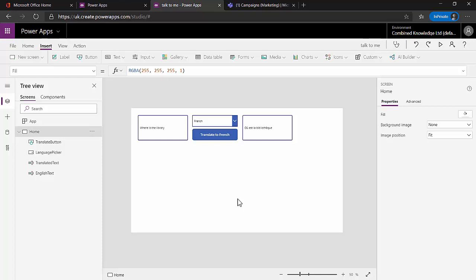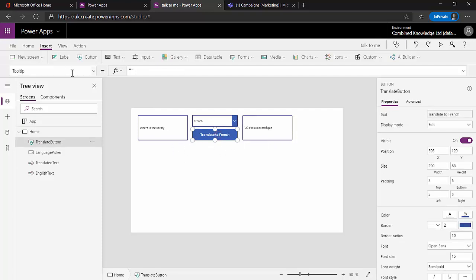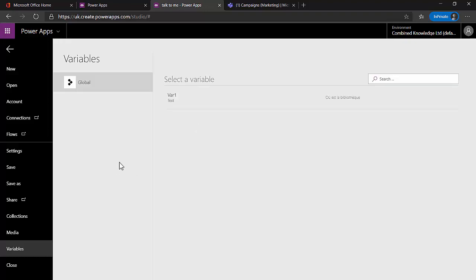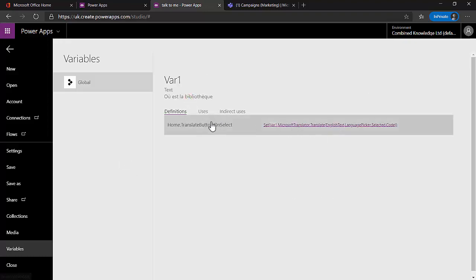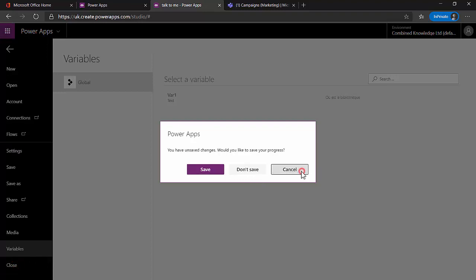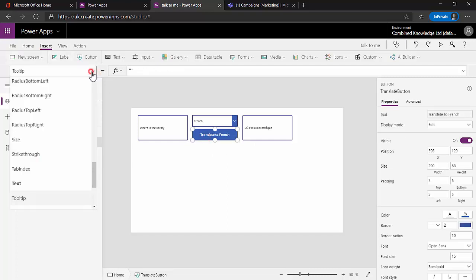Now, what's interesting is if we go back to our demonstration earlier, we created a variable. So if I go to File and go to Variables, we created a variable that is storing the translated text. Now that variable is designed to store one value. If we use a collection, it's a type of variable that can actually store multiple values. So if I come back out of this, oops, no, I don't want to close it. That'll be disastrous. So what I might do is go back to my button and find the OnSelect property, which